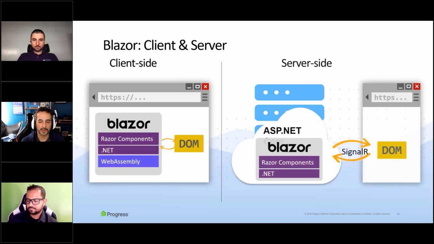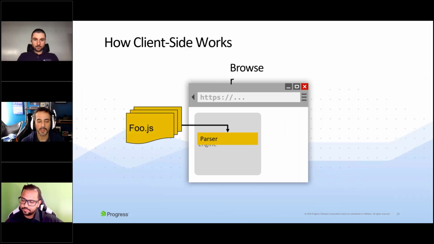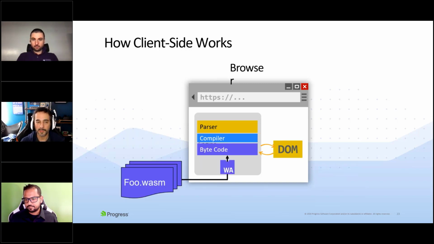And I think we had a pretty good discussion going on of what Blazor was like in WebAssembly and how it uses WebAssembly and doesn't need plugins. So if you look at how a web application works currently without Blazor, you get your JavaScript and the browser parses and compiles that JavaScript, turns it into bytecode, does all of the interactions with the DOM. WebAssembly comes in and kind of short circuits this process.